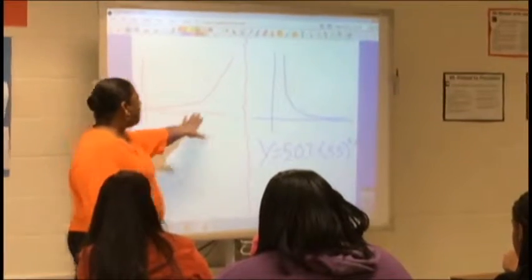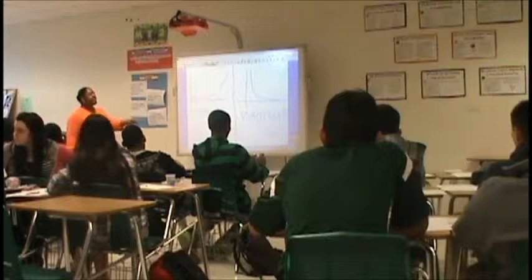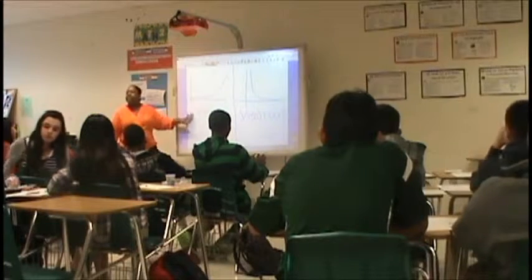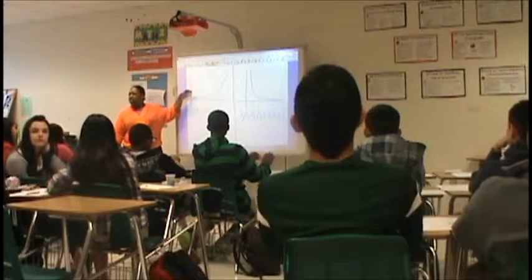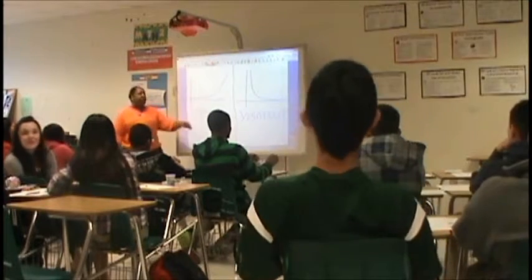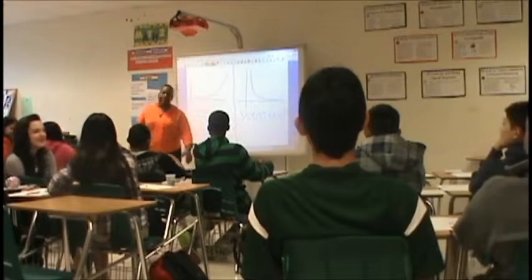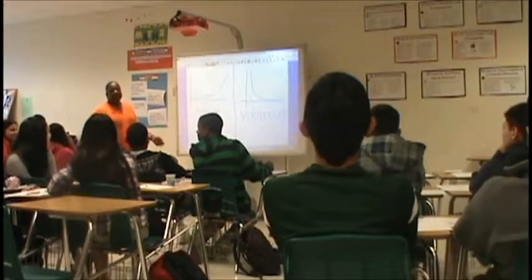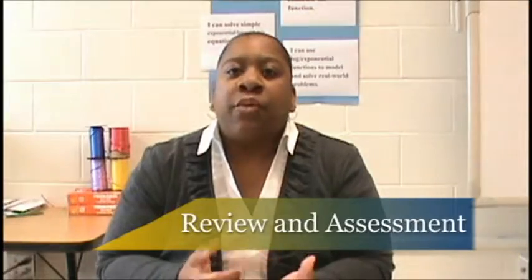Okay. And then what happened right here? Stage 4. So, what we call this exponential growth. Why would we call it exponential growth? Because it's growing. So what do you think we call this one? Not exponential down. Exponential decay.